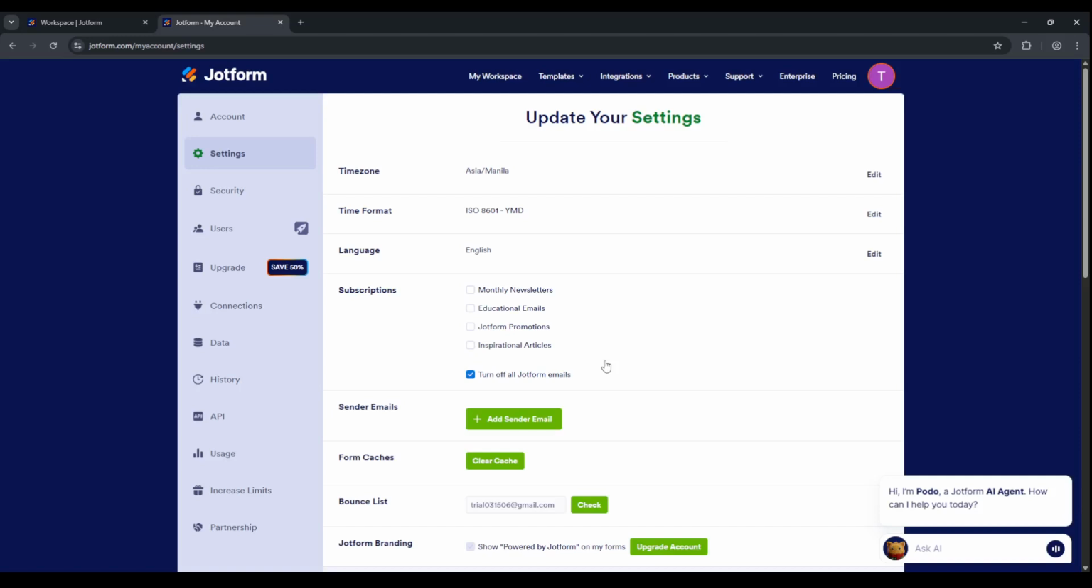That's all you need to do. Open your workspace, enter settings, and turn off all Jotform emails. It's a simple tweak that keeps your inbox focused while your forms keep running. If you manage a team, consider letting colleagues know about this setting so everyone has consistent expectations about